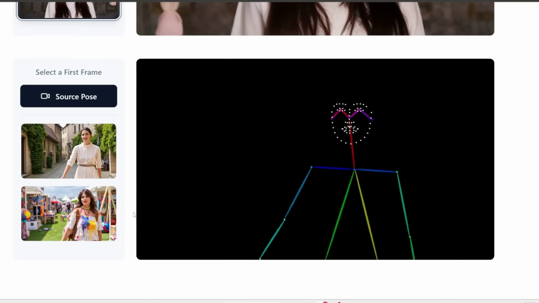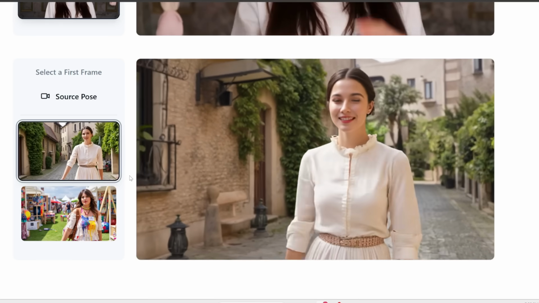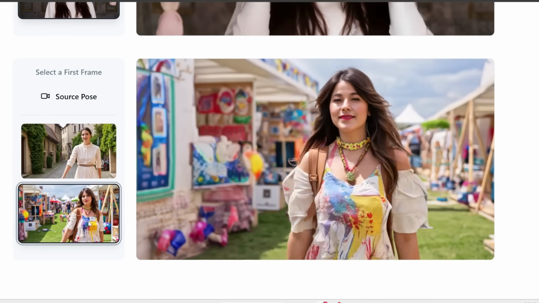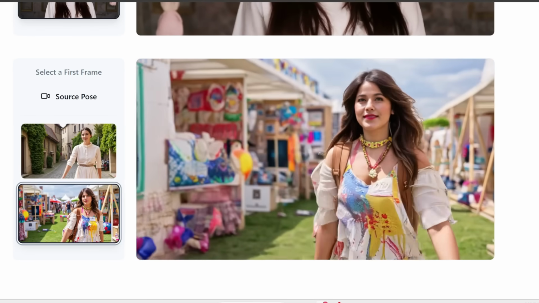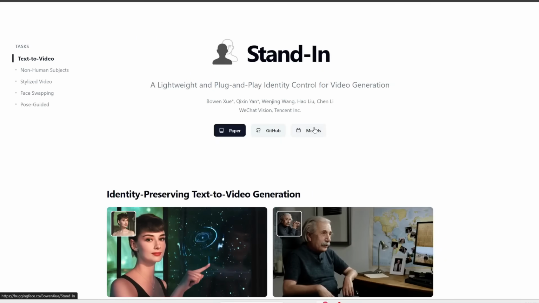to transfer this motion onto a reference character. So for example, here's the first photo, and here is what you get. And then here's the second reference character, and here's the result. Very cool. The nice thing is, if you scroll up to the top of the page, they've actually released everything